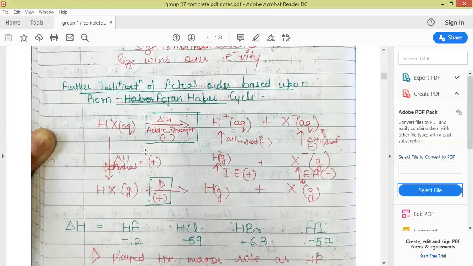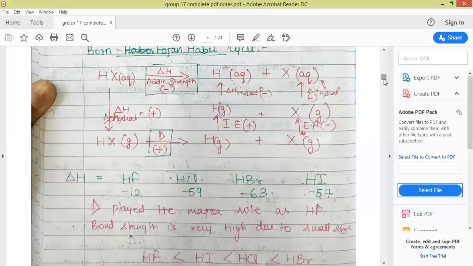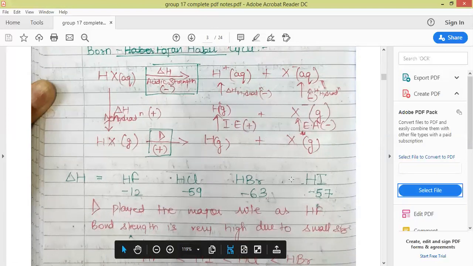So considering all these energies with sign, that is, what energy is required and what energy is released, the experimentalists have calculated delta H for the overall generation of H positive aqueous, which measures the acidic strength. So from here, the more negative the value of delta H, the more will be the acidic strength. Here, if we compare HF and HI, it is clear from these values that HI has more acidic strength